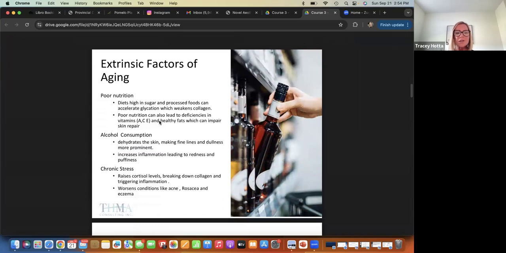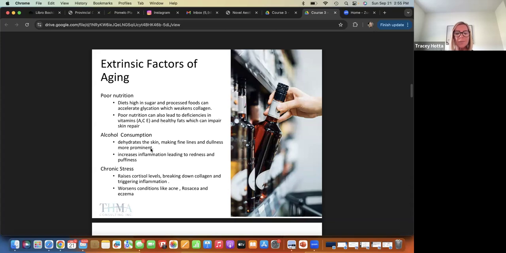Extrinsic factors of aging. So these would include poor nutrition. Diets high in sugar and processed foods can accelerate glycation, which does weaken collagen. Poor nutrition can also lead to deficiencies in vitamins A, C, E, and healthy fats, which can impair skin repair. Alcohol consumption dehydrates the skin, making fine lines and dullness more prominent, increases inflammation, leading to redness